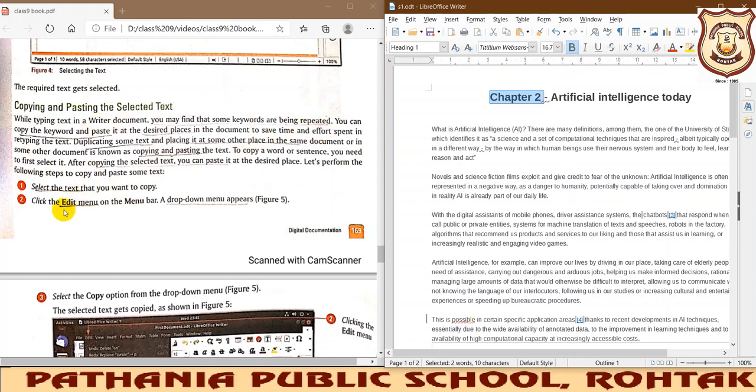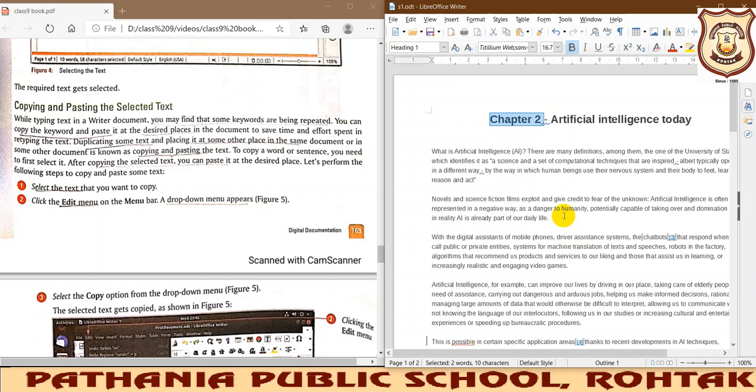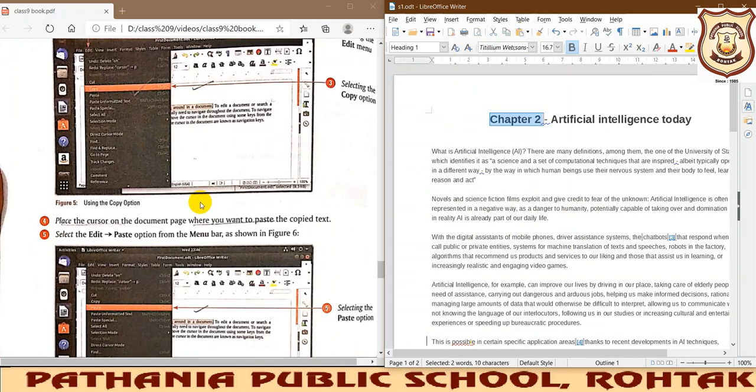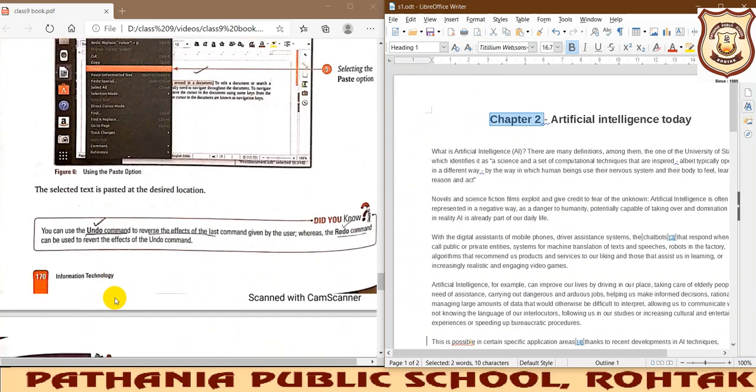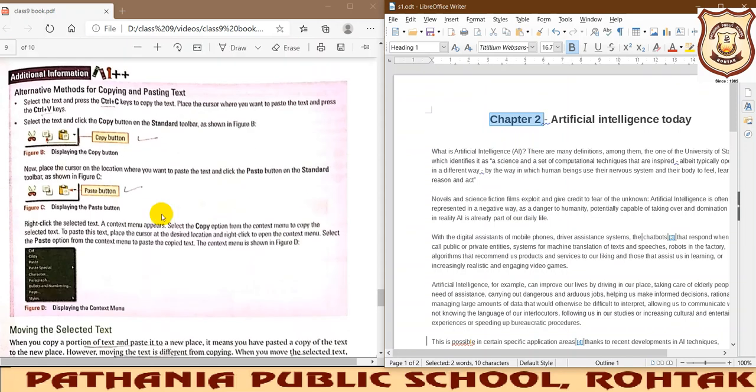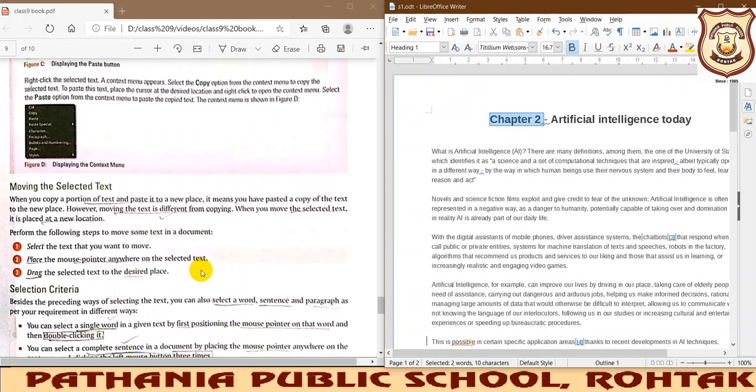Okay, you just write edit menu, we will go, and then we will select the desired option copy, and then the text will get copied. Otherwise what we can do, right click the selected text, and you will get the copy paste option, or we can do it from the standard toolbar. Simply you need to write it, no need to write every point in your notebook in detail. Okay, in short you can write these things that I have just explained.